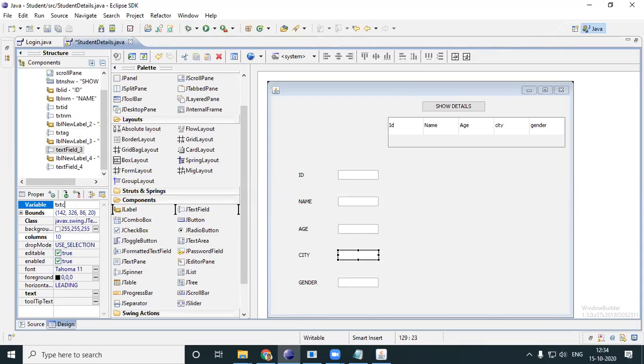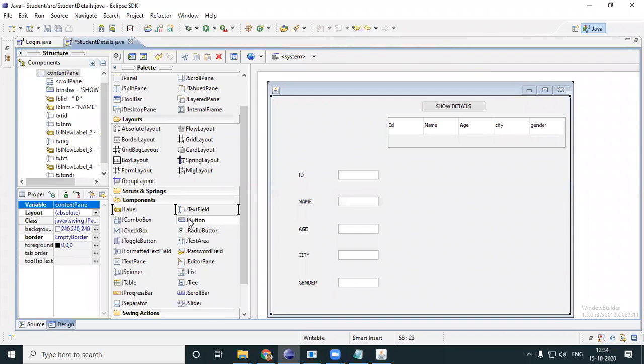This one is text of city. You'll have to remember all these names because these are variables which you will be using in your program. This is text of gender. I'll even have a quick button, J button. I'll name it add.